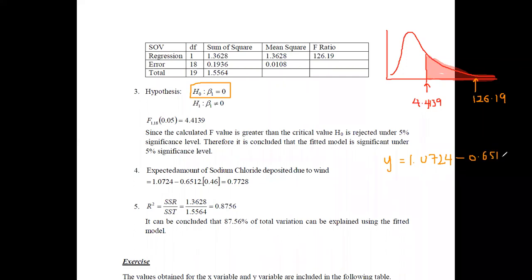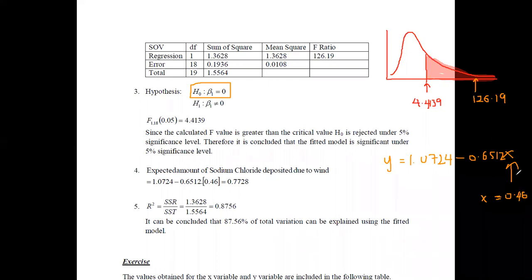This is the beta 1 value we have obtained, and x was the wind. And now we have to set the value of x equal to 0.46, since it is the value they are asking us to predict y for.